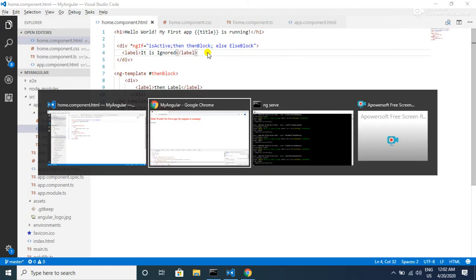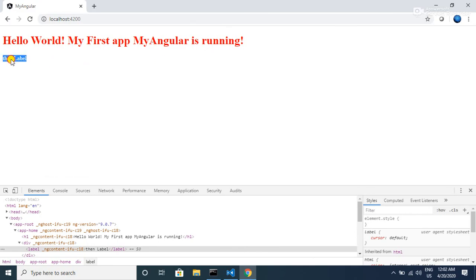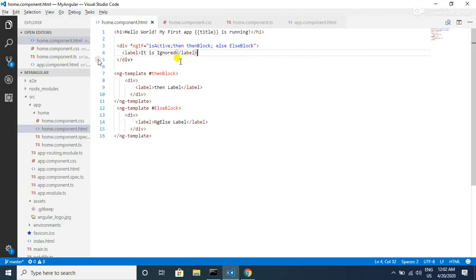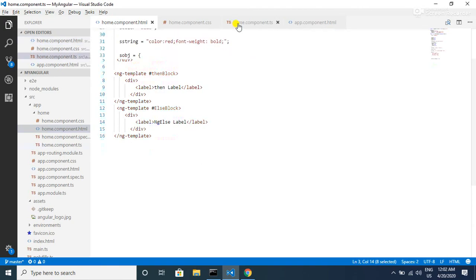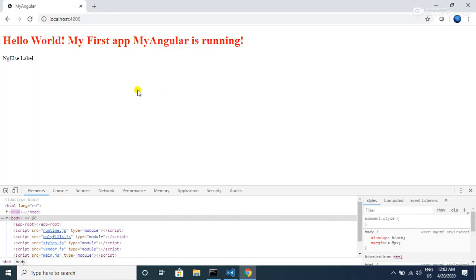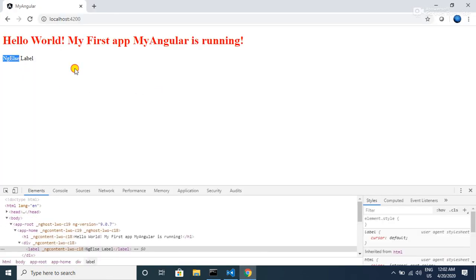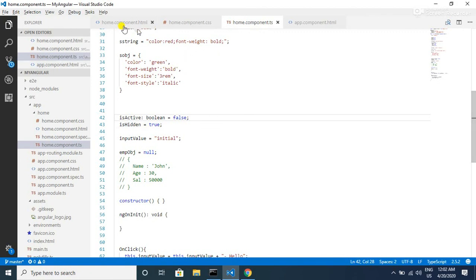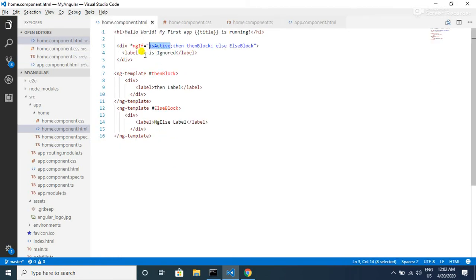Let's go to the browser and see. Here we can see the then label, and now if I make isActive false and save this, and go to the browser, I can see the ngElse label. In both cases we do not see this it-is-ignored label.